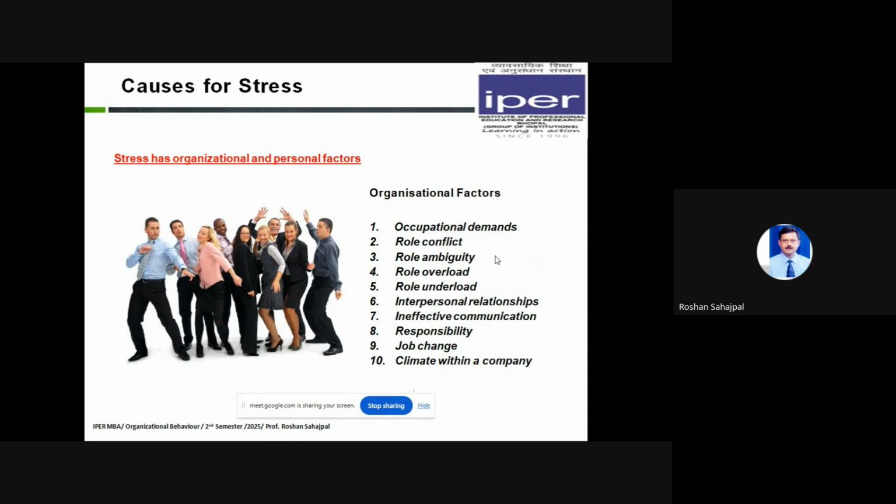ठीक है, अब ये सब क्या हो सकता है कि जो स्ट्रेस है वो एक ऑर्गेनाइजेशन के अंदर, it can be because of the following 10 reasons. The first is occupational demands. कि आप जो है वो एक फ्रंटलाइन पोजीशन में बैठे हैं जहां पर कि खूब सारे क्लाइंट्स आते हैं और उनकी डेली आपको प्रॉब्लम सॉल्व करनी पड़ती है. Sometimes the clients argue also, and sometimes there are heated discussions, and because you being an employee and they being the client, you have to take whatever they give you, and because of that your work profile becomes quite stressful.